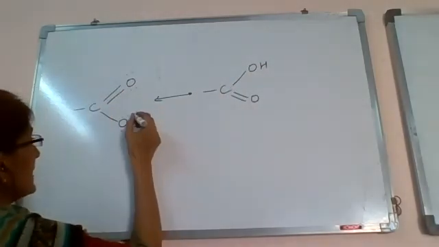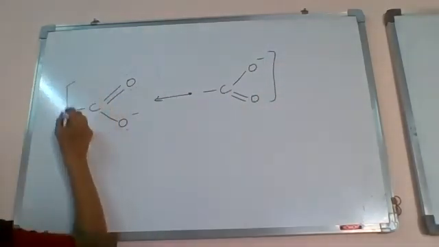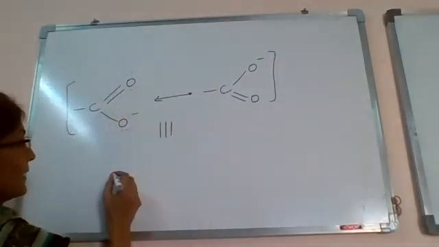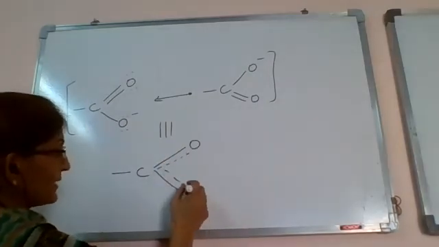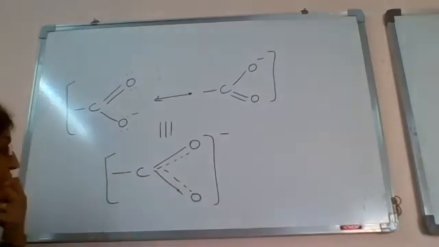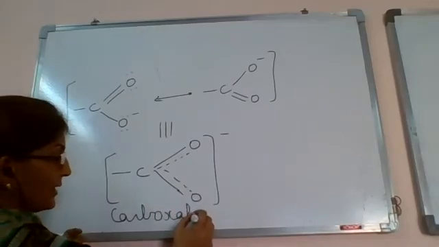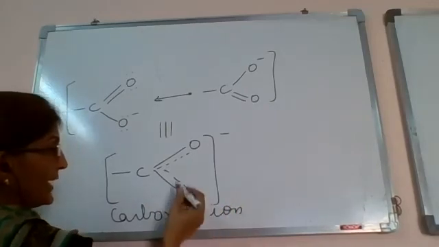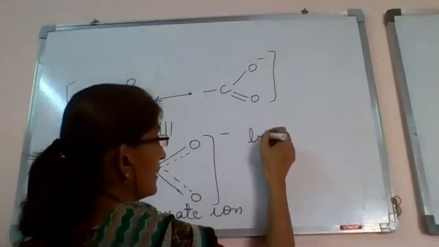The carboxylate ion limiting structure is C double bond O minus. And its hybrid structure is C with partial double bond to both oxygens. This is called the resonance hybrid structure of the carboxylate ion. So in the carboxylate ion hybrid structure, it has partial double bond character with both oxygen atoms, and hence both oxygens